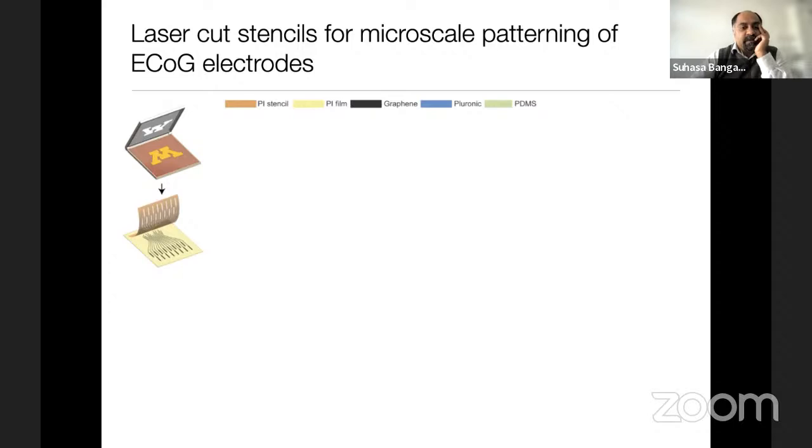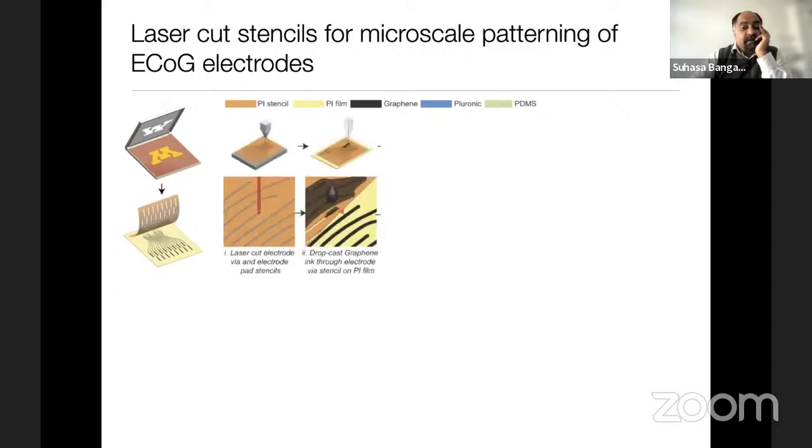If we have a laser cutter, and most universities have laser cutters, we can create stencils that can be used to pattern drop cast inks that can be sintered, covered with a sacrificial layer that can expose parts of the electrode traces that we need to be in contact with